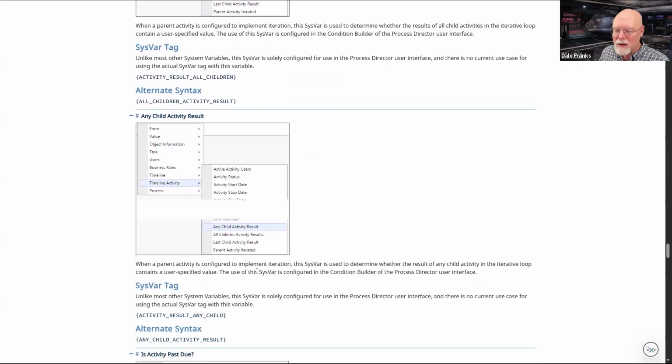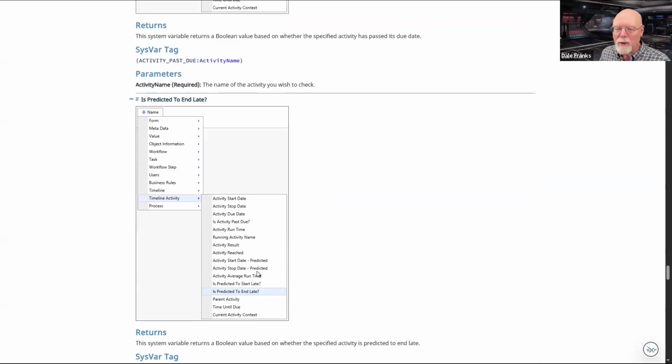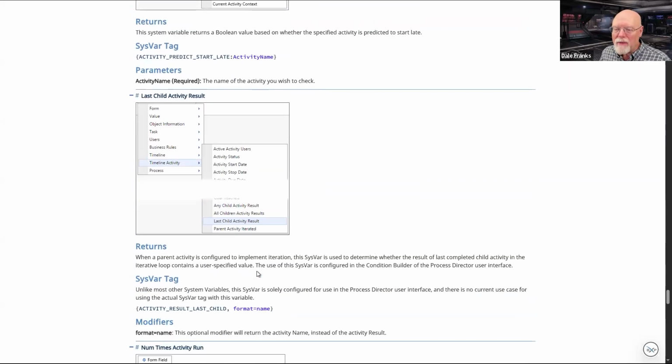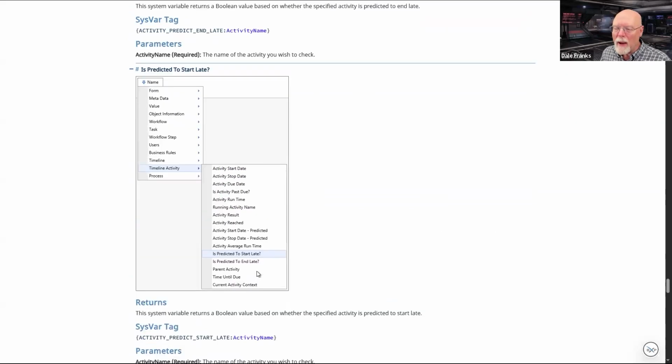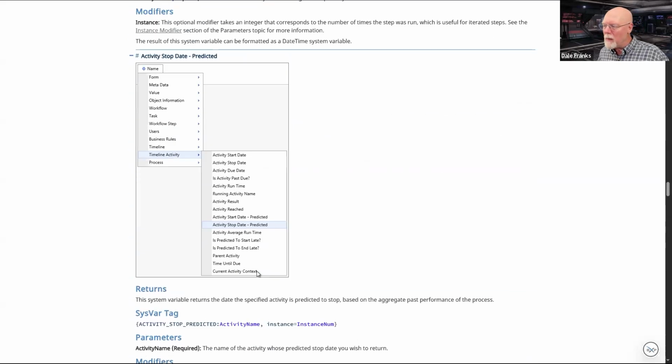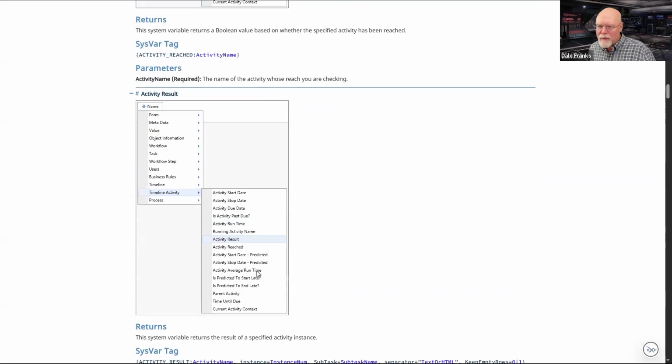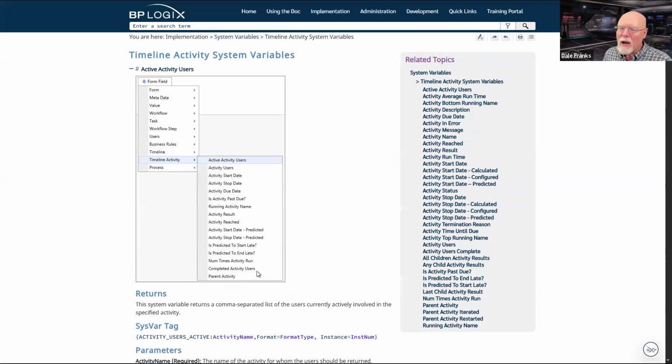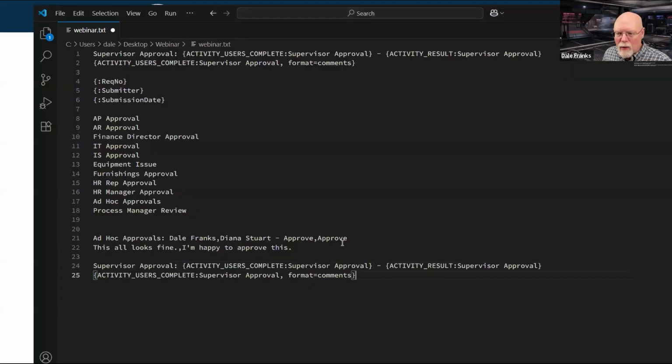so I need to wrap up this email template. But I believe there is a way to pull back the index in a system variable. Generally, and I'm trying specifically to remember whether it applies to this. Generally, whenever you have an array, you can just pull the index of the array.